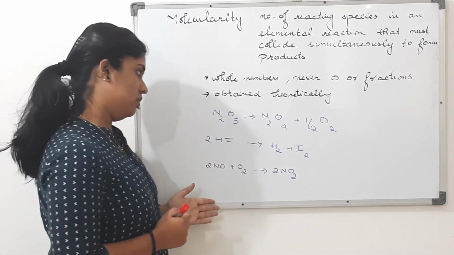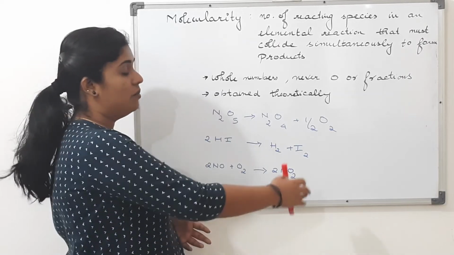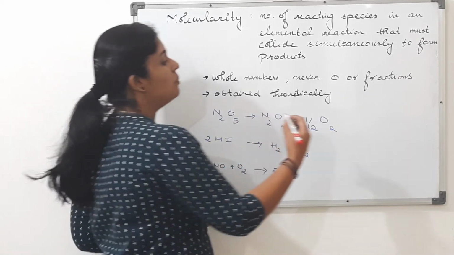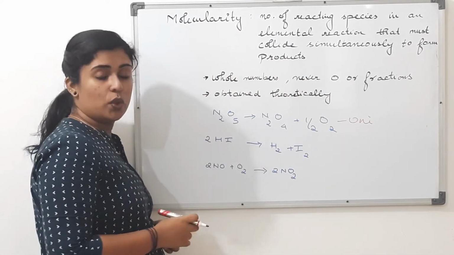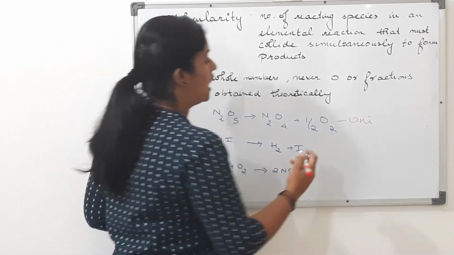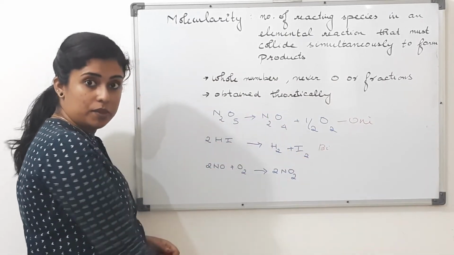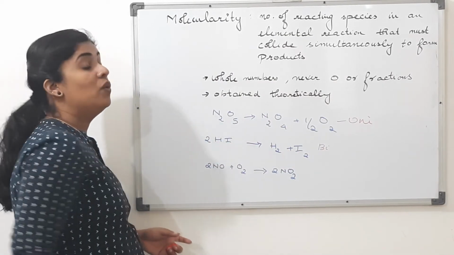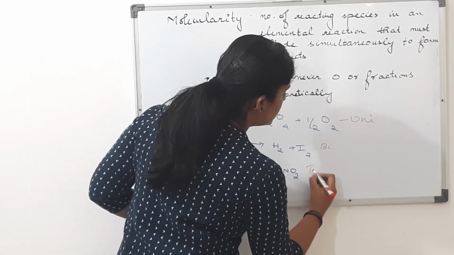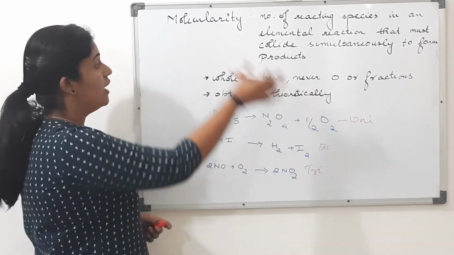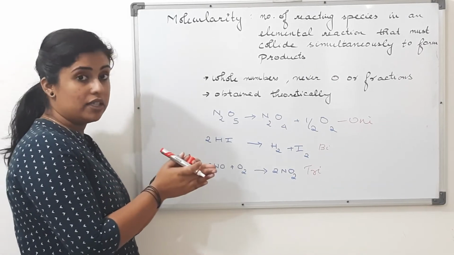So if you consider these examples, dinitrogen pentoxide is getting converted to dinitrogen tetroxide with the liberation of oxygen, and this is a unimolecular reaction. But if you consider HI decomposition to hydrogen and iodine, it is a bimolecular reaction where two molecules of HI have to come together and collide with each other to form the products. And finally, we have NO and O2 reacting together to form nitrogen dioxide, and this is an example of a trimolecular reaction where the molecularity is 3,